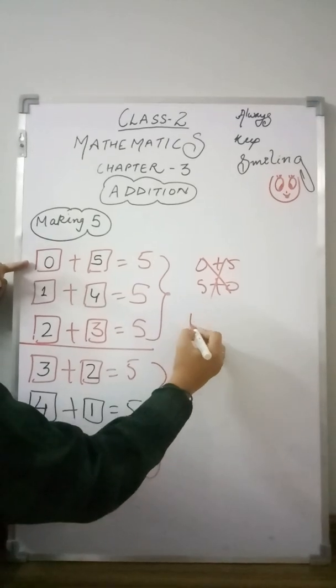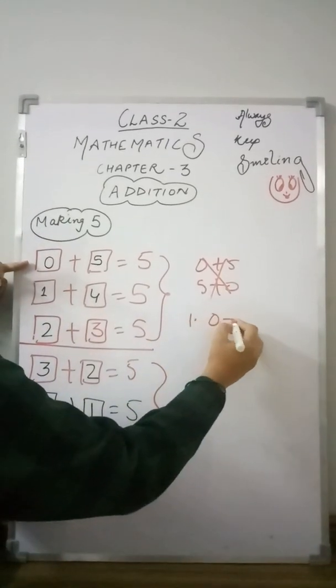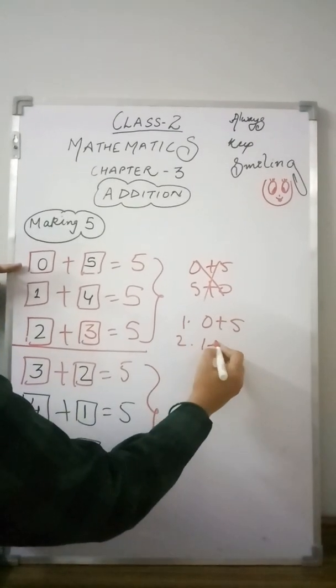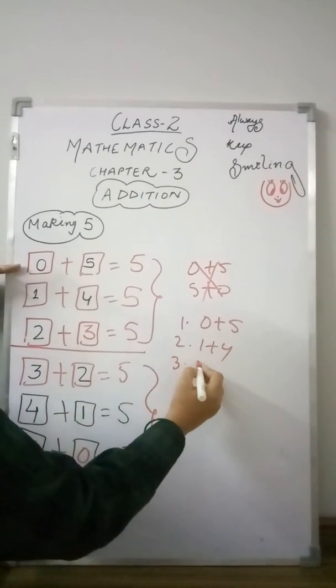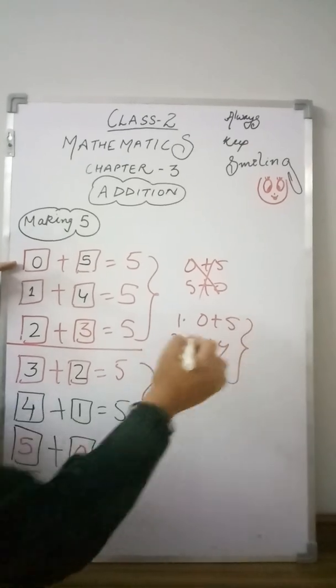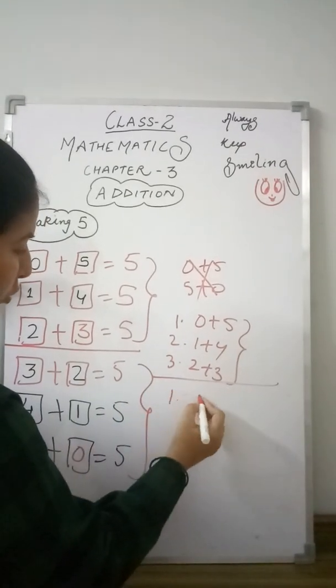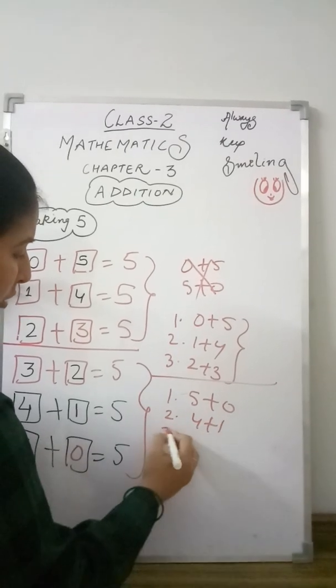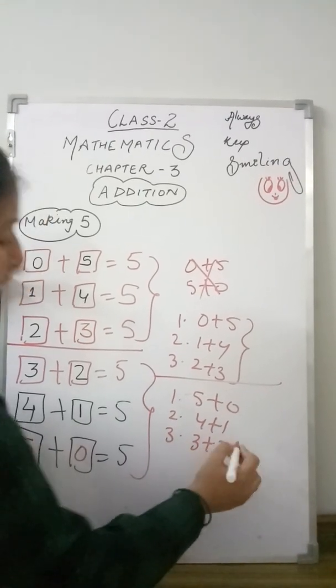If the question is to make two pairs, you can write this as the first pair, or you can choose any from these two methods. Either you can write 1 plus 4, which is also right. The third is 2 plus 3. Either you can write in this way, or suppose you want to, ma'am, I can choose this one. This is also right.